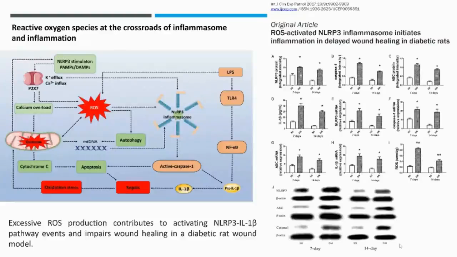And this cascade triggers sustained inflammation. Those who know the NLRP3 inflammasome mechanism know that increased oxidative stress contributes to an upregulated NLRP3 axis, and you have a sustained inflammatory profile. And in chronic non-healing wounds, this NLRP3 upregulation has been demonstrated by multiple literature evidence as well. So the ROS cascade that can trigger sustained inflammation is a critical player here, and because it is a critical player, you can target these significant molecules as well. And again, ROS